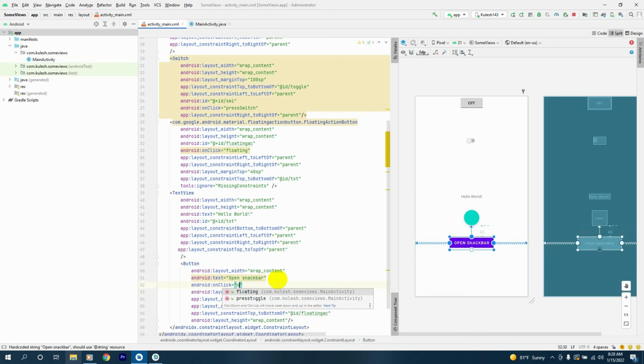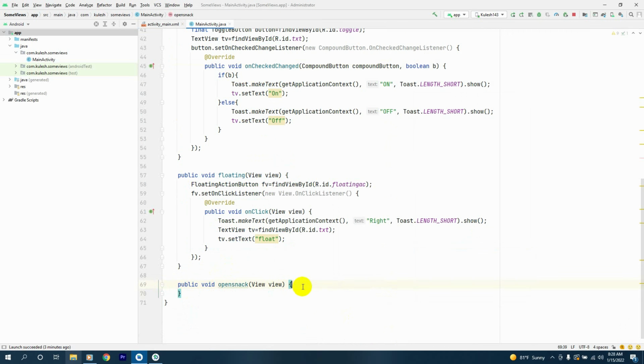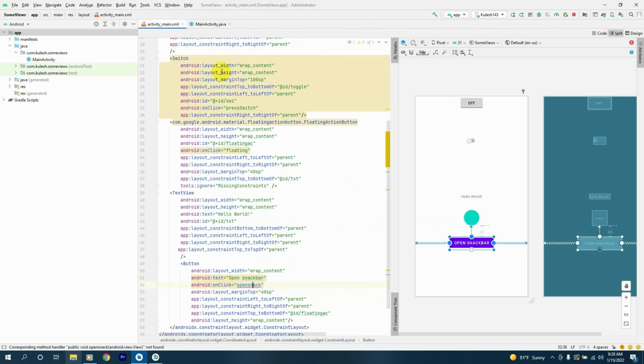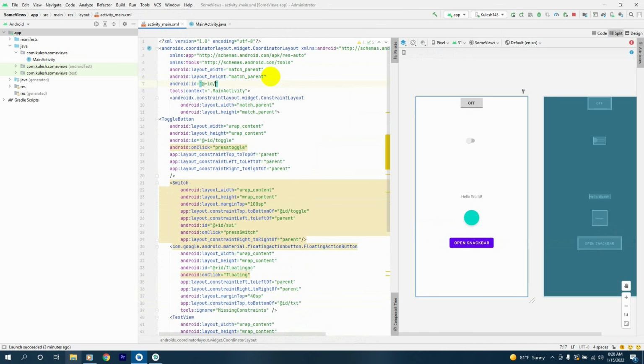It will say openSnack. We'll make the method inside our activity, and here we try to call the coordinator layout. Actually we have to give an ID for the coordinator layout as well. We say ID coordinator and save this,